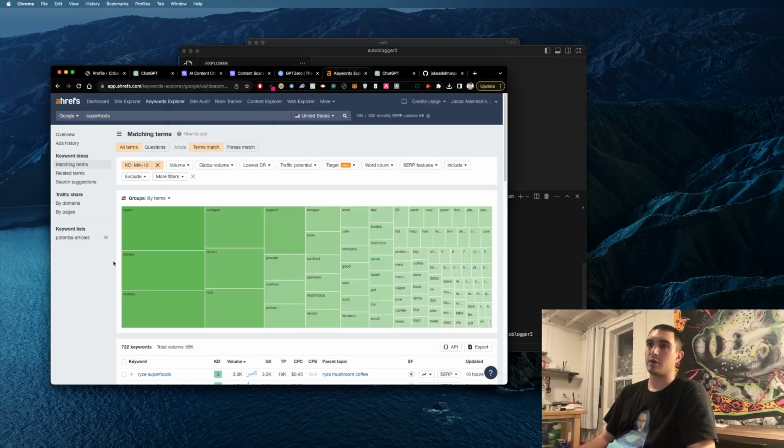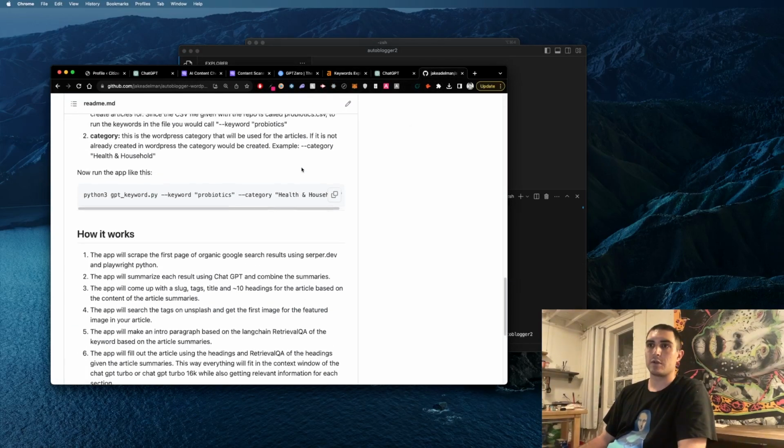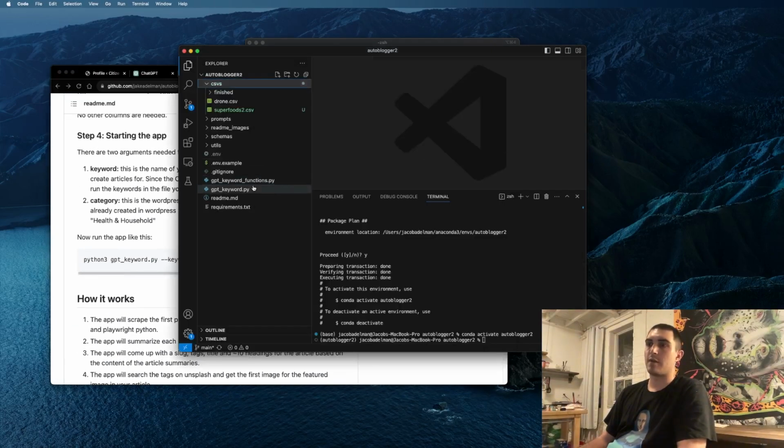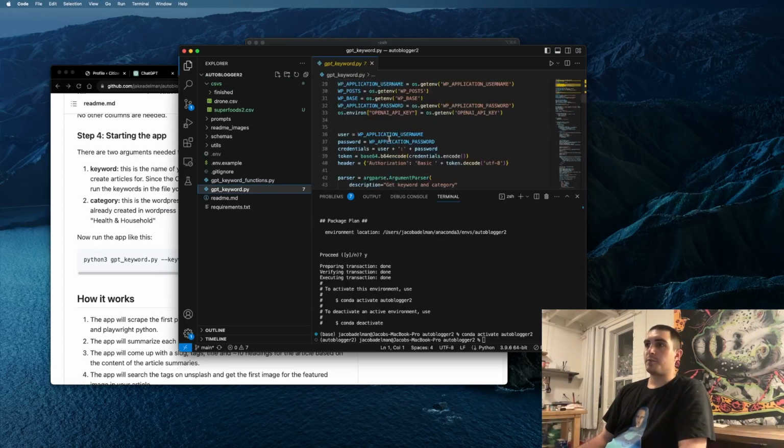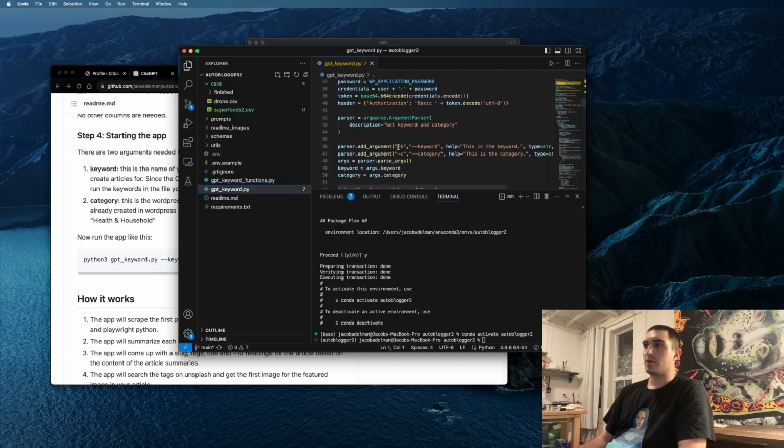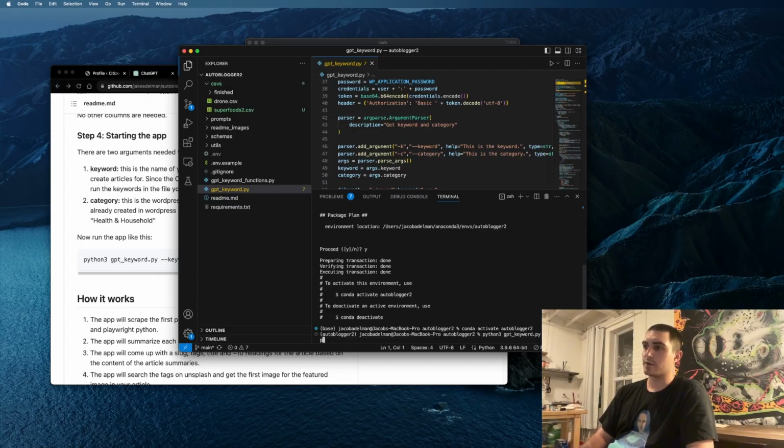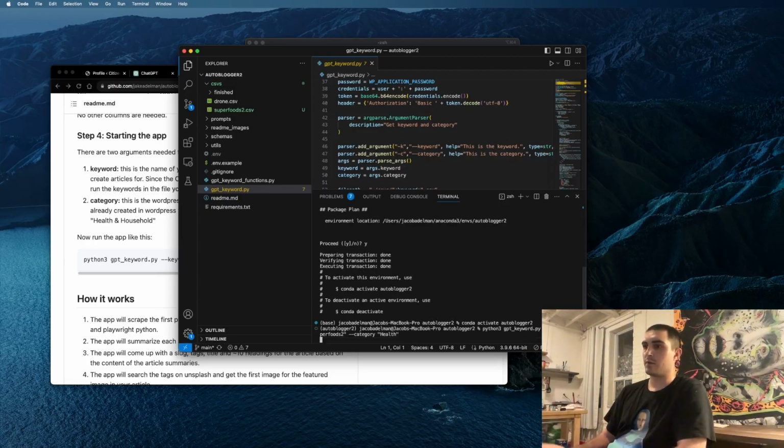Then I'm just gonna check. Yeah, pretty much just do that, and then go to GPT keyword. As you can see, the arguments it takes are keyword and category. So I'm going to start the app by doing python3 GPT keyword.py. Keyword is going to be the name of your file, so superfoods 2. And then category, you can make it whatever you want. That's the category that your WordPress site will use. So basically start that,